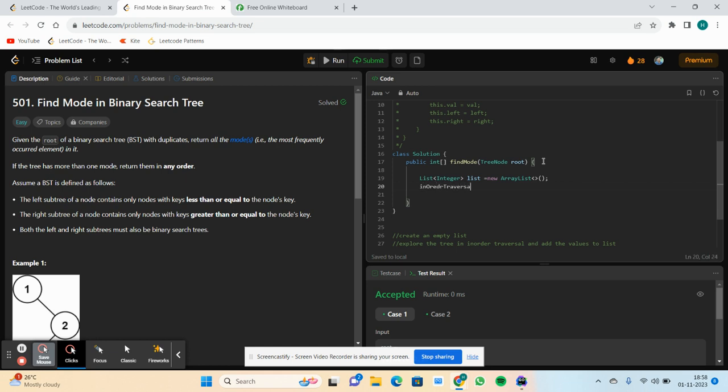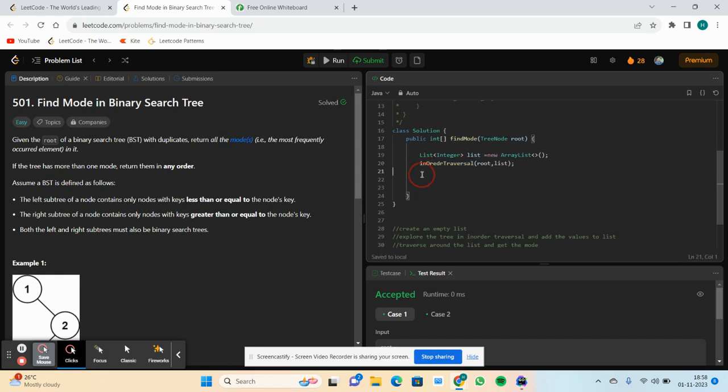In order traversal for this route, and we will update these values in this list, right? I mean, I'll write this in order traversal code. Let's assume that this in order traversal method gives us the list which contains the sorted array. So we will have the maximum streak. Let's first initialize it to 0, and then let's have the current streak that we have till now. So first it will be equal to 0 only,